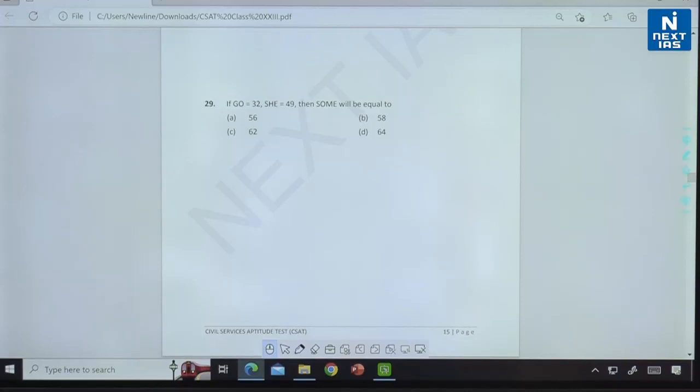Now all of you, just write down fast the position of GOSHE from the left hand side as well as the right hand side, both sides. Remember, yesterday I gave you positions from both the left hand side and the right hand side. So write down the position of GOSHE from the left hand side as well as the right hand side. Just write down fast. Let others also solve.